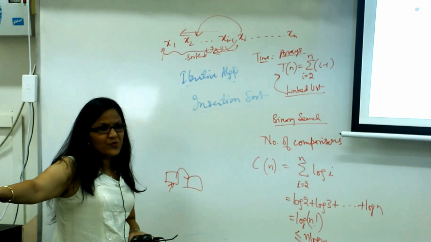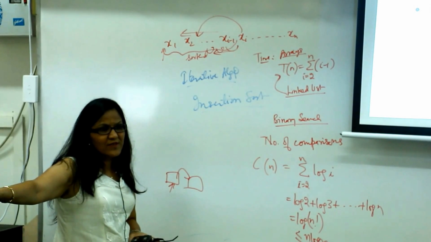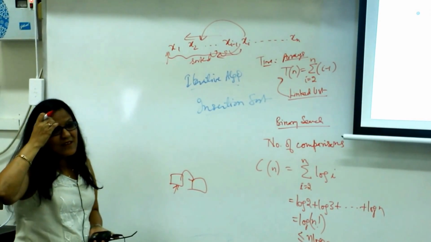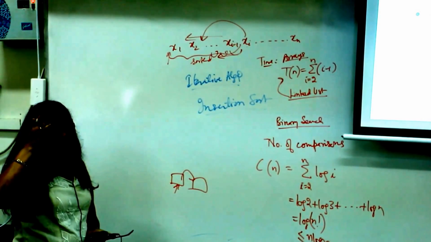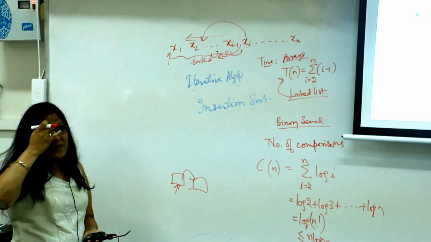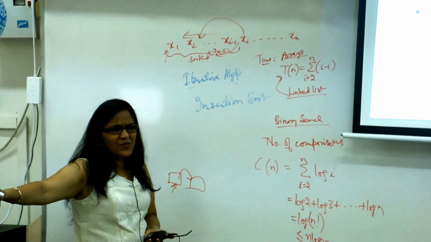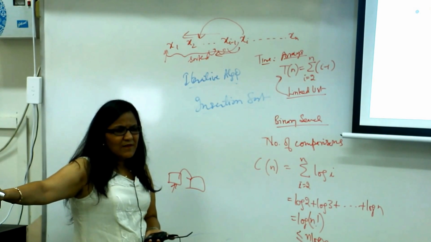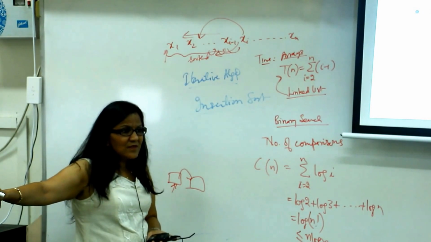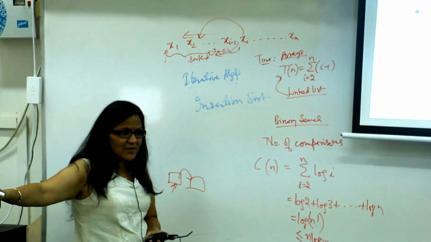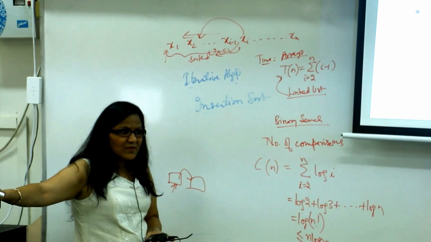Binary search can be used to find the predecessor and successor also, right? When it fails, you have to check. You can modify it slightly as it is finding the position. But the number of swaps doesn't get affected. The number of shifts I need to do to make position for my ith element is not affected. In the worst case, I may need to shift all.